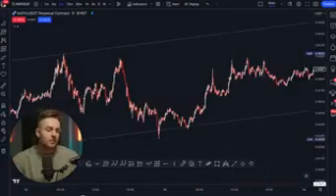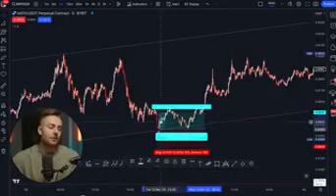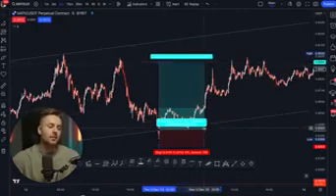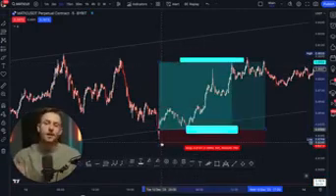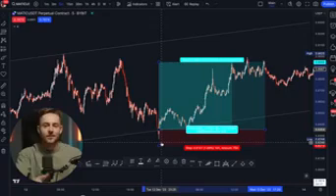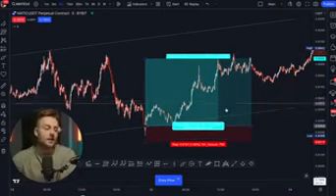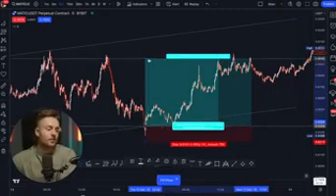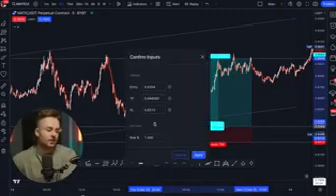So every time you're entering a position, you need to know where exactly you're entering, where you're going to be taking profit, and where you're going to be selling and leaving the trade if we end up landing on tails, if the trade ends up going against us, so that we can contain those losses. So say, for example, we wanted to buy here, we wanted to take profit here, and we wanted our stop loss to be placed here.